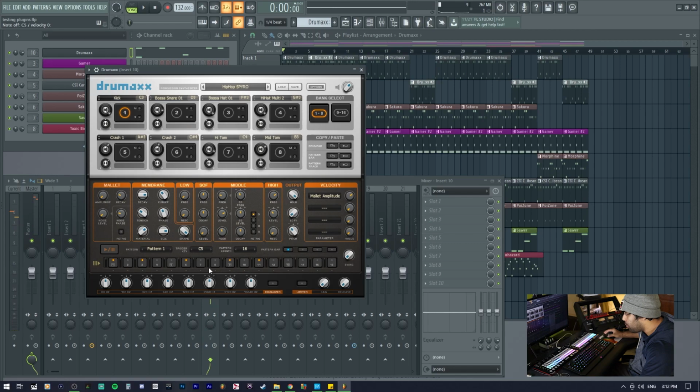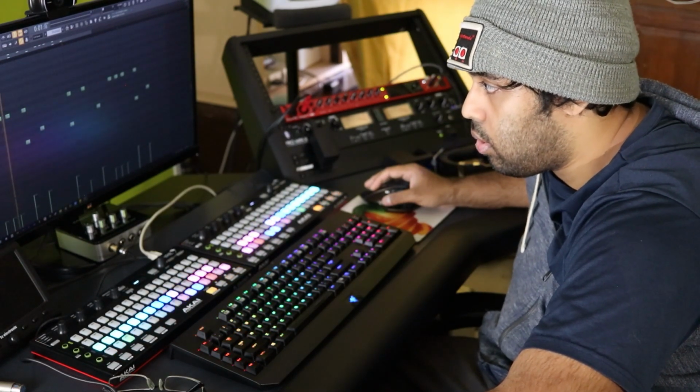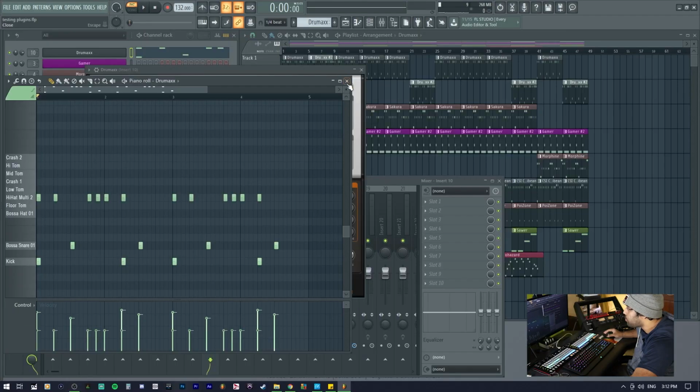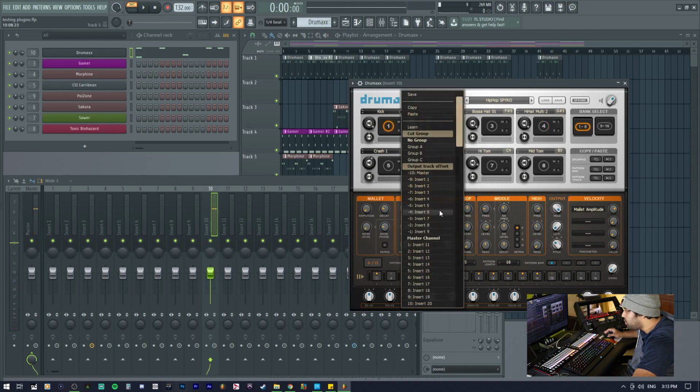So you can see there, I added more kicks. Closers. Or you could do it like I did over here, which is pretty much play them as one-shot sounds inside the piano roll. And take note that if I were to play the snare or the hat, they are in different inserts as the kick. That's because you could individually assign each and every one of these sounds in an easy way.